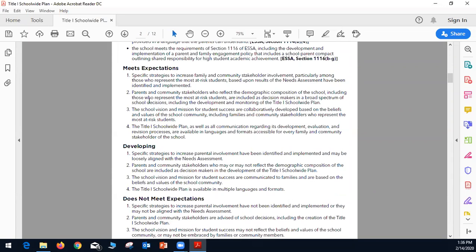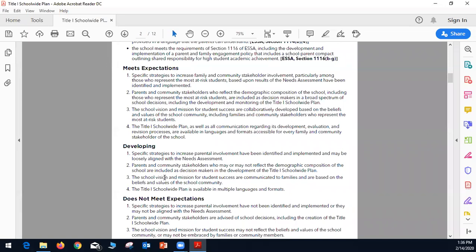We'll go back to the meets expectations, and again, a good plan will describe how parents and community stakeholders who reflect the demographic composition of the school are included as decision makers in a broad spectrum of school decisions, including the development and monitoring of the Title I school plan.